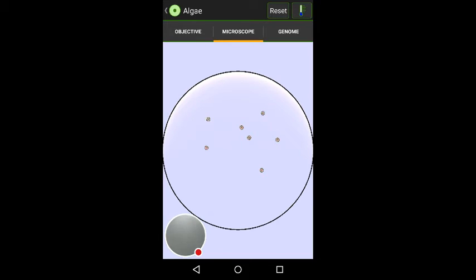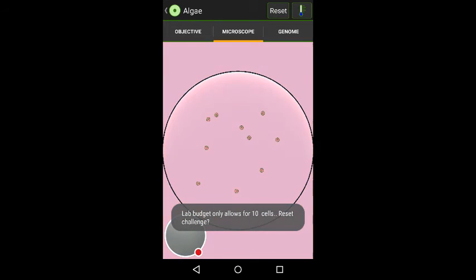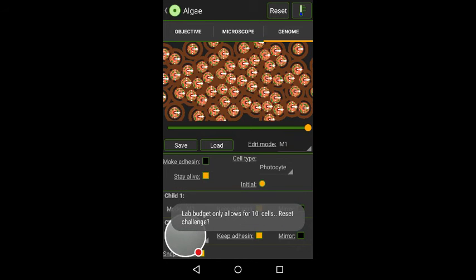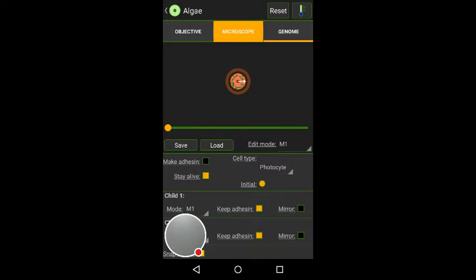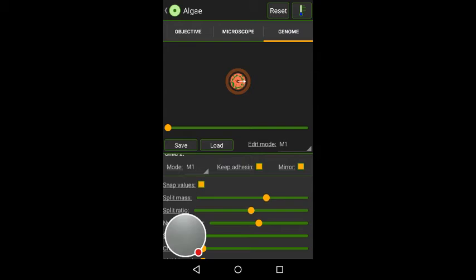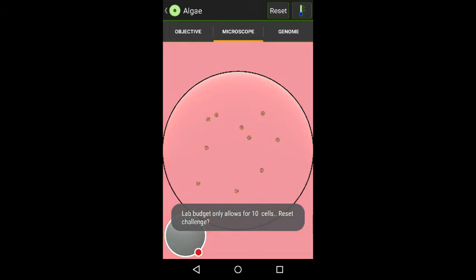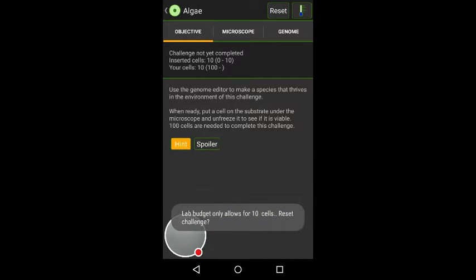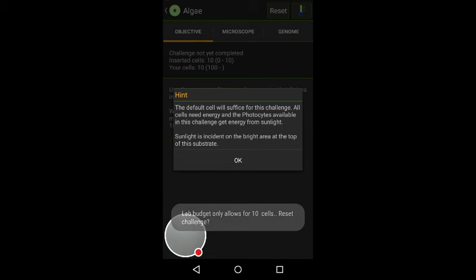So guys, we have to put 100 cells. The default cell width will suffice for this challenge. All cells need energy and the